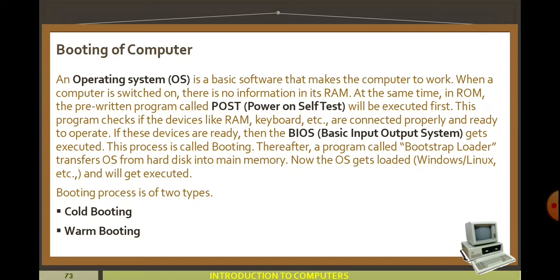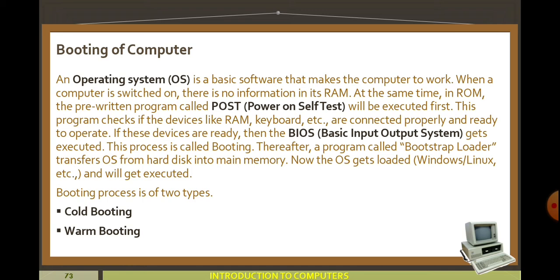First we know what is meant by the booting process. So when we switch on the computer, some process is going on. After that only we can get the desktop. That is known as the booting process. At that time, what is going on? The computer checks whether the hardware and software connected to that system are ready to work.